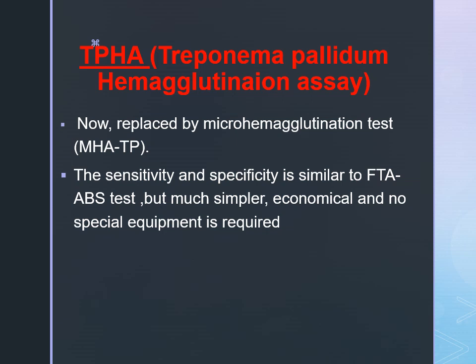That is, we have taken the sheep RBC, and tanning is being done so that we can coat anything over it. तो sheep RBC आपने ली, उस पे आपने Treponema pallidum antigen को कोट कर दिया, क्योंकि सेरम में क्या डिटेक्ट करते हैं हम, एंटीबॉडी डिटेक्ट करते हैं. सो उसको डिटेक्ट करने के लिए we should have antigen. आपके पास पहले से कुछ चीज ऐसी होनी चाहिए जिसमें एंटीजन कोट हो, सीरम में एंटीबॉडी होगी, और वो दोनों रिएक्ट करेंगे. बट उसको विजुलाइज करने के लिए आपको एक यहाँ पे यूज करना पड़ेगा, किसी भी रिएक्शन में, in the whole microbiology, to visualize any reaction.